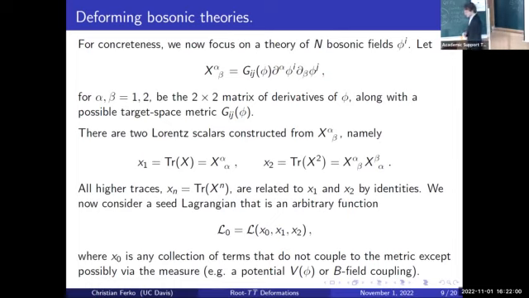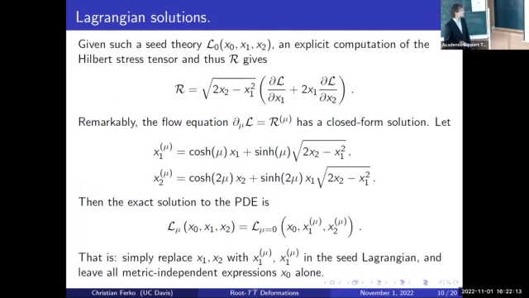So I'll show you on the next slide, but surprisingly, for any theory of this very broad class that depends on x1, x2, and any such x0, we can explicitly solve the flow equation for root TT bar in closed form. So let me show you that. It's actually quite nice. For any such seed theory, all you do is explicitly compute the Hilbert stress tensor. So you vary with respect to the metric to get T, and then you plug that into the recipe, the formula I gave for the root TT bar operator with the T alpha beta contractions. And you get this kind of nice looking expression for the root TT bar operator.